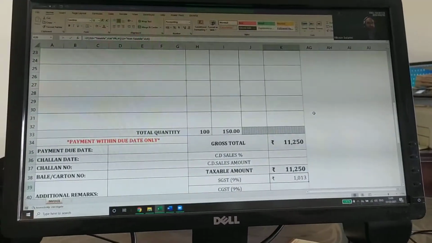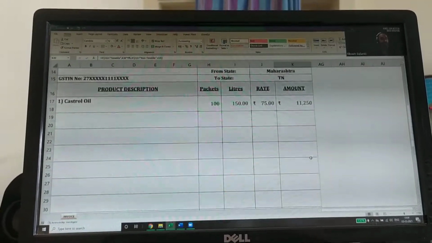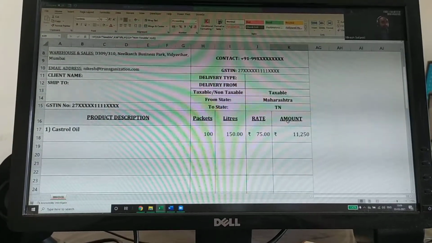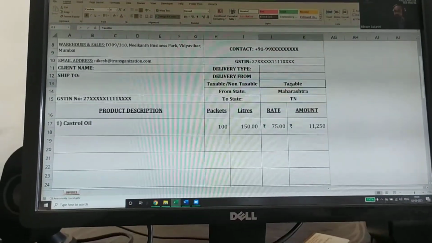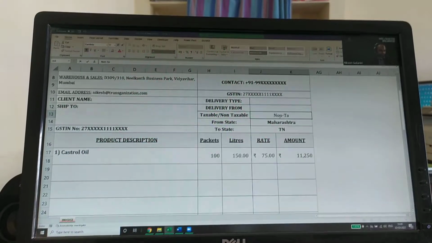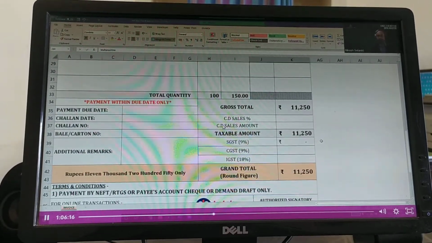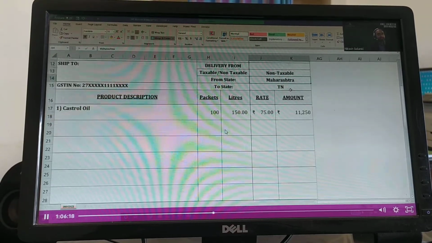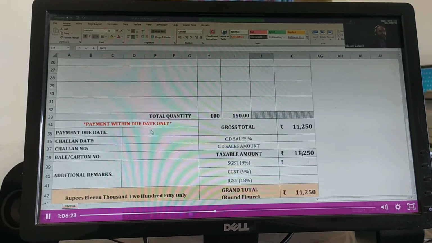So now let's try this. What I have done is I have applied two ifs within one if. Now this is working because it is taxable. Now I will check this condition by doing non-taxable. If I go down, be it any state, be it the same state, be it something else, this is not going to function.